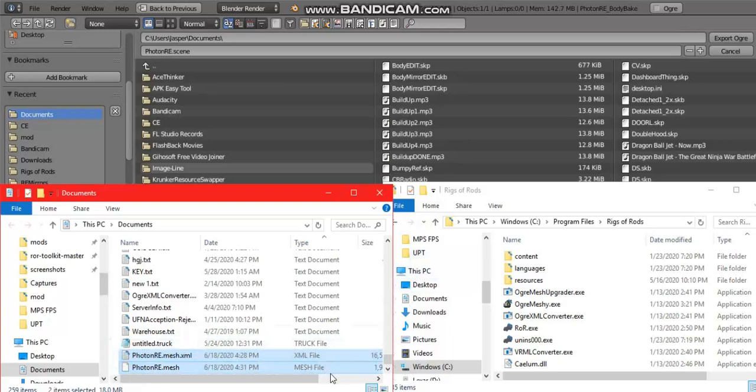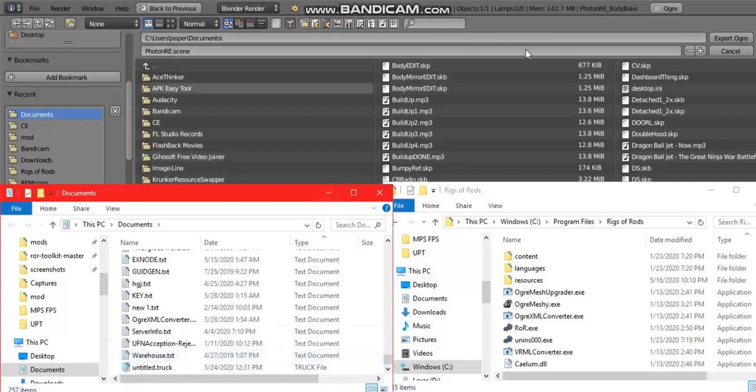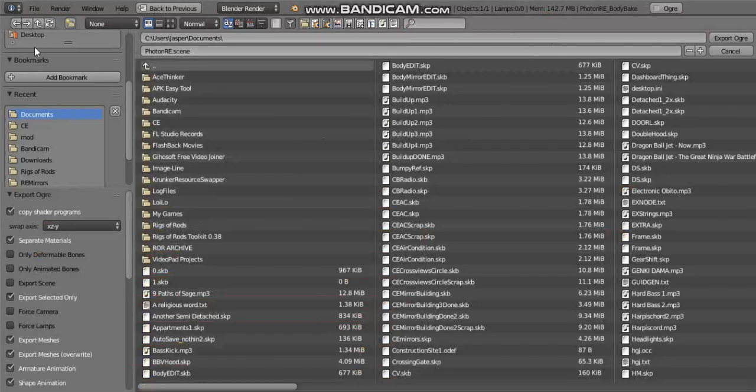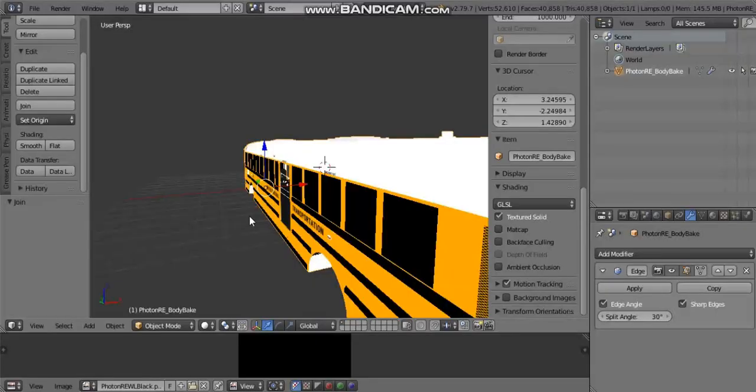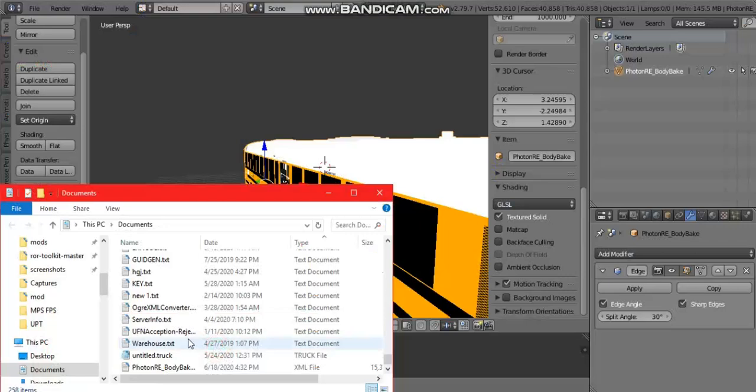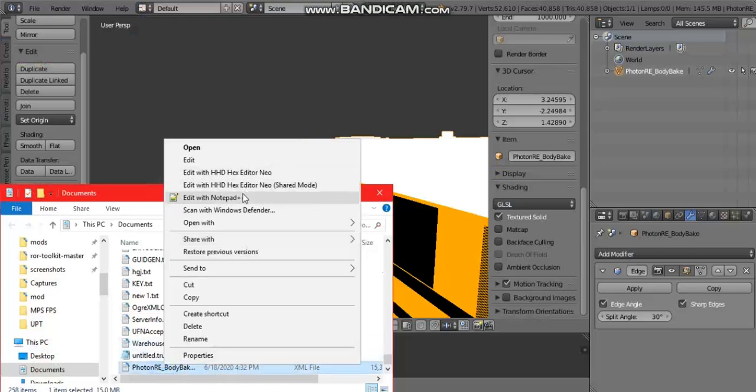So the second part is to follow the steps that I just said, to join everything, and then go to Ogre 3D Scene and Mesh. Uncheck those things where the documents tell you. You're going to click Export Ogre. And we're just going to go ahead and wait this out as well. So yeah, that took way less time to export, but the only problem that I have with this thing